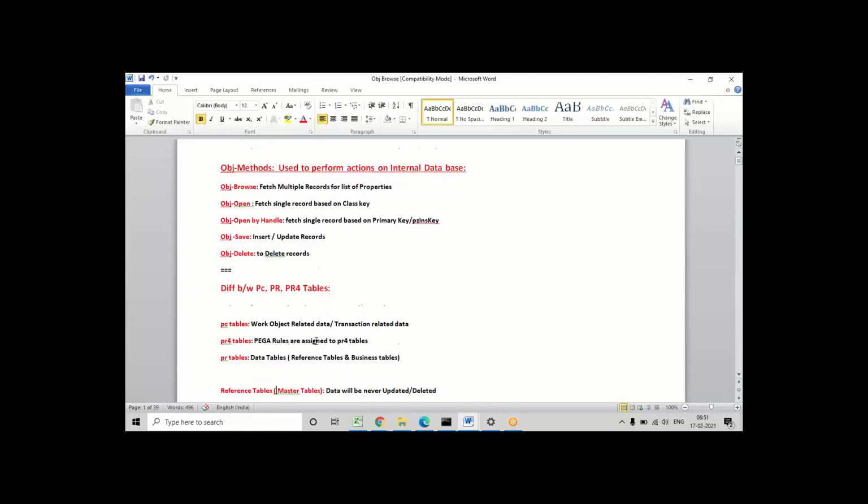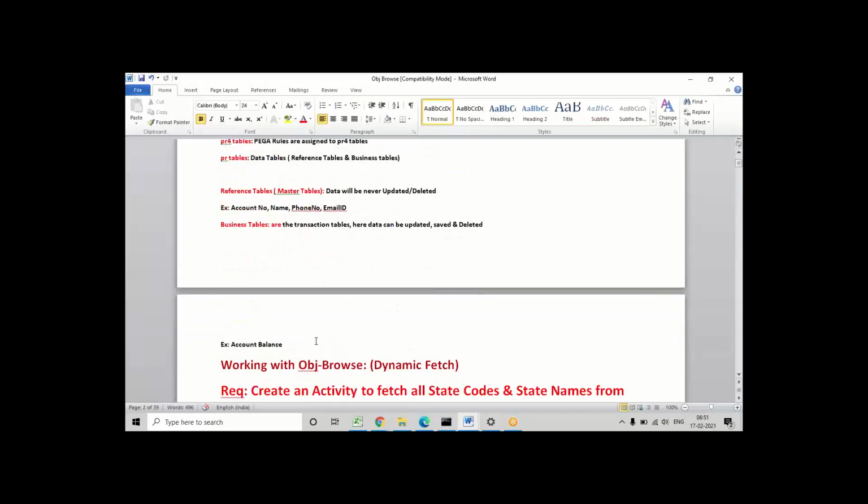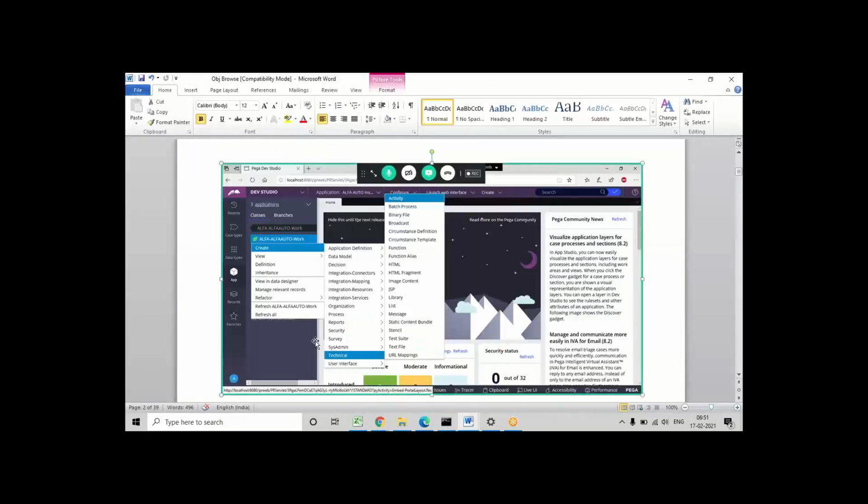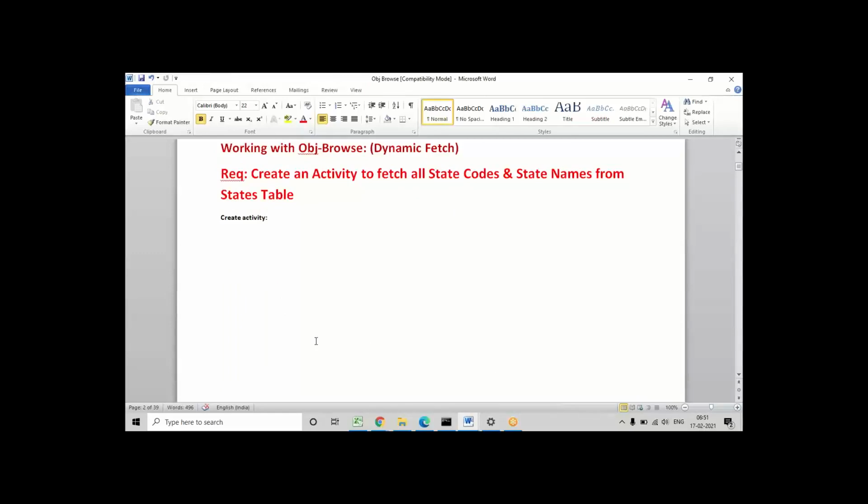Here I now want to create one activity because the UI design is already available. So I'm going to directly add an activity rule. I'm using the same existing table that was created in the previous session.